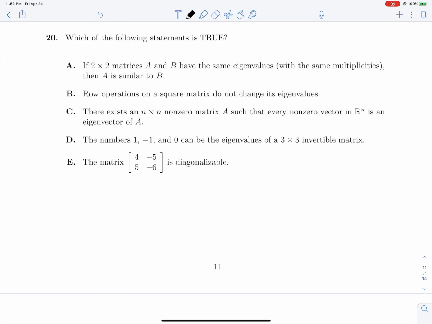20. Which of the following statements is true? If 2x2 matrices A and B have the same eigenvalues with the same multiplicities, then A is similar to B. I fell into this trap taking the exam. And why is it incorrect? Well, it seems pretty correct,